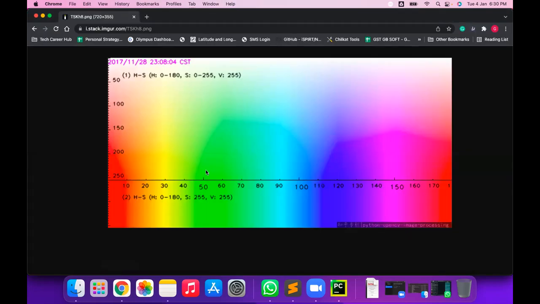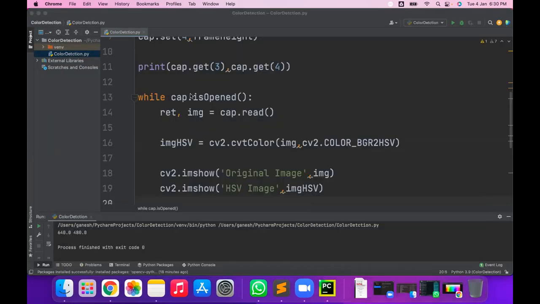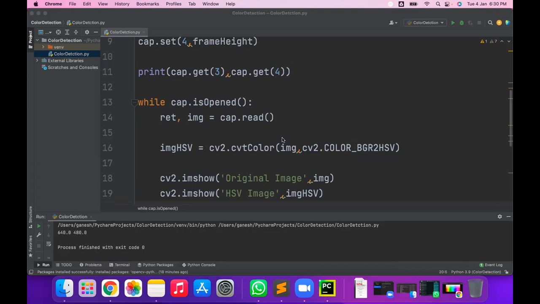But I want to make one program which finds the mask for all the colors. So you can vary the H value, S value and V value, and by varying it you can see the output. So we want to create